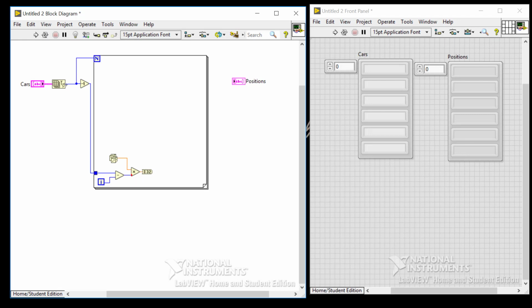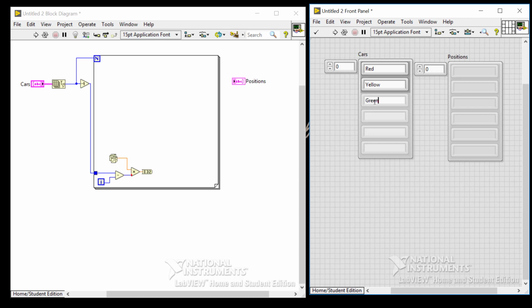Voila, we get a value that's correct for every iteration of this loop. So let's go ahead and put this in here: red, yellow, green, blue. Okay. So